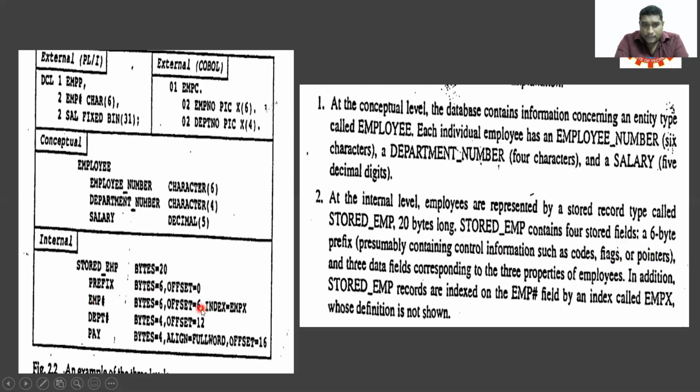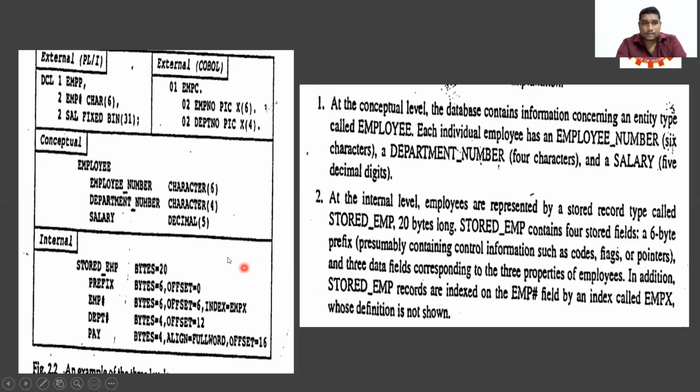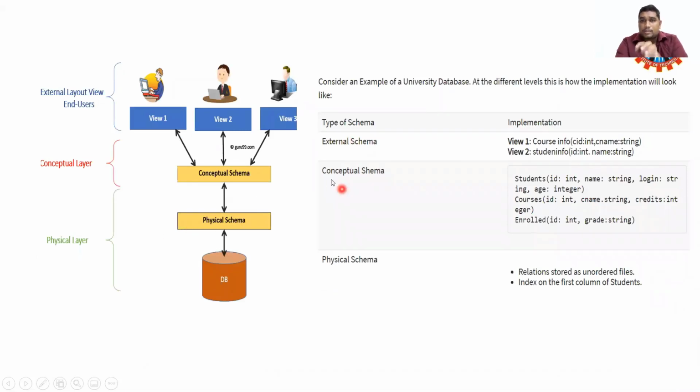See, this is an offset. Starting first 0 to 6 offset is for pointers. Next, after 7 to 12 or 11 is for employee number. Next, after 12 it is department 16. Next, after 16 it is the day. I hope you understand the scenario of what we call this one, physical schema, storage field.